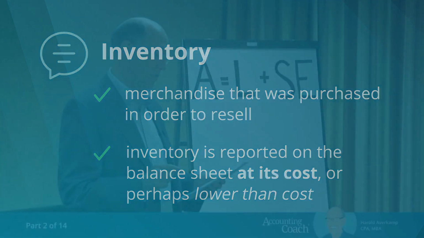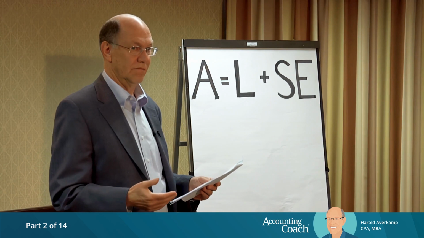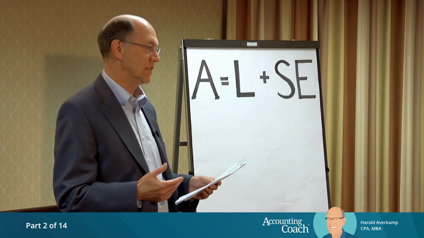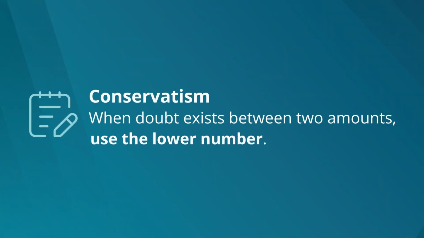The reason we might do that is some items might not be turning. They might be obsolete. So we have a term or a rule called conservatism. An underlying guideline for us is called conservatism, and that says when doubt exists, use the lower number. So if we have an item that costs us $6 per unit